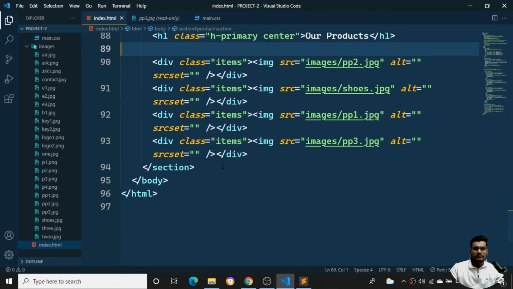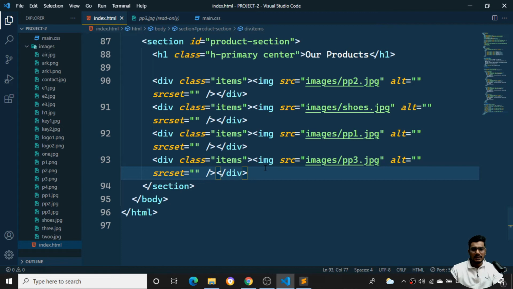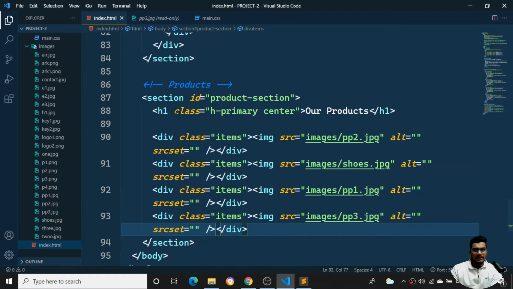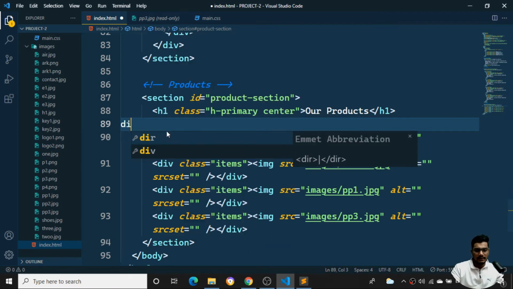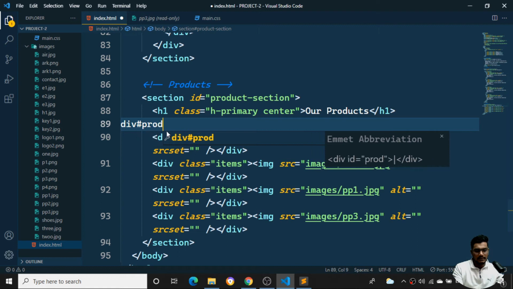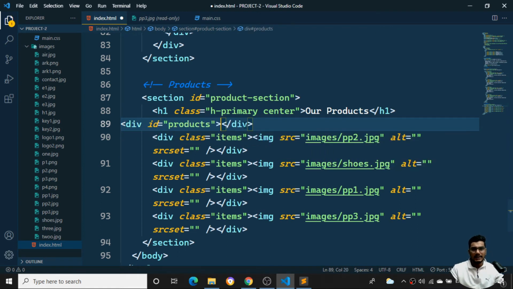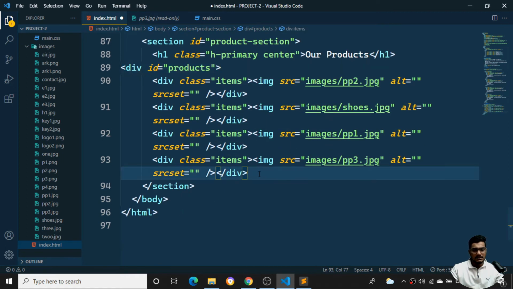After this, the div tag is done and the div section is completed. Along with that, I'll put everything inside a particular product container. I want to put these items inside a div container. So I'll say div.id and give it as product. I'm handling many things with the id, so I'll give it as the main container name. After this, I'll close this div tag over here.